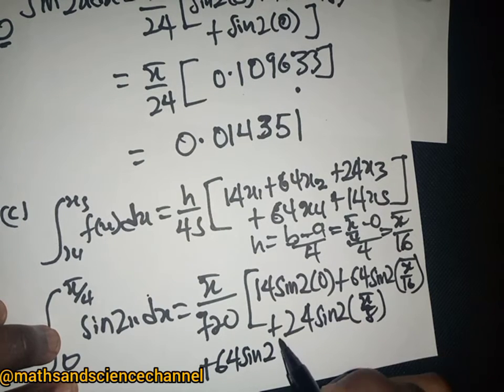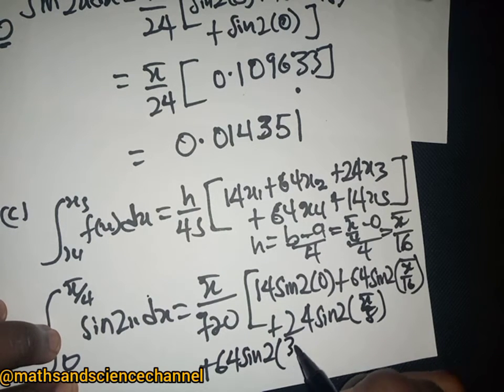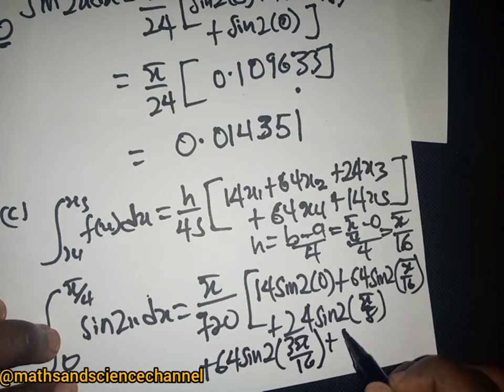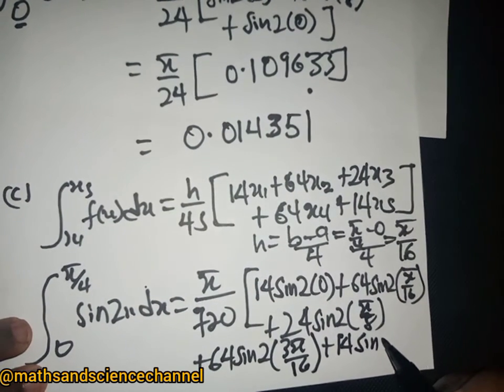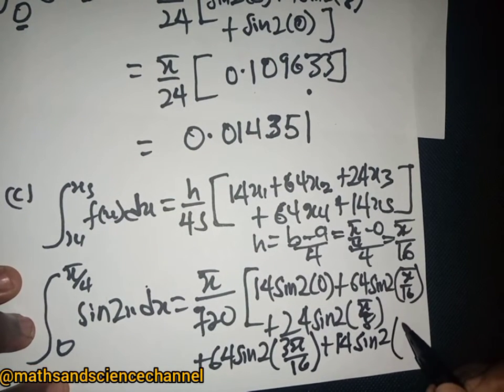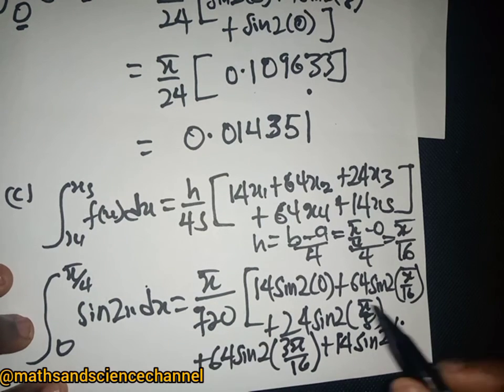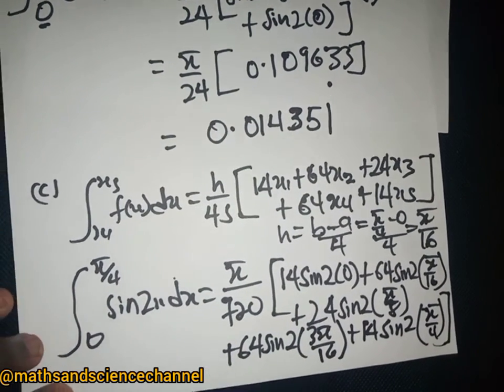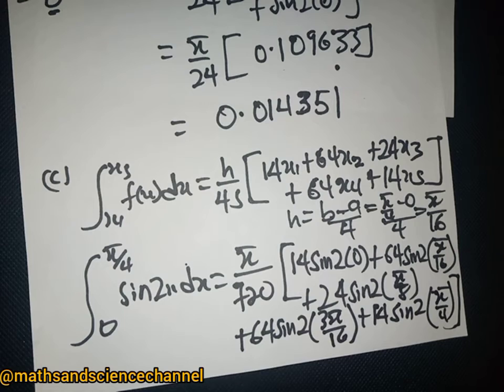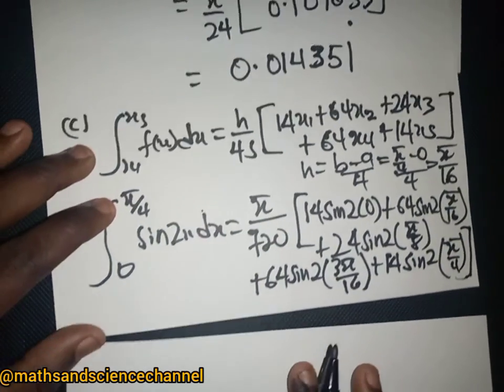pi over 8. Sorry, the next one will be 3 pi over 16. Then the last one will be 14 times the sine of 2 times the last value, which is just pi over 4, and that will be for all. So when we put this together, our value here is just going to be